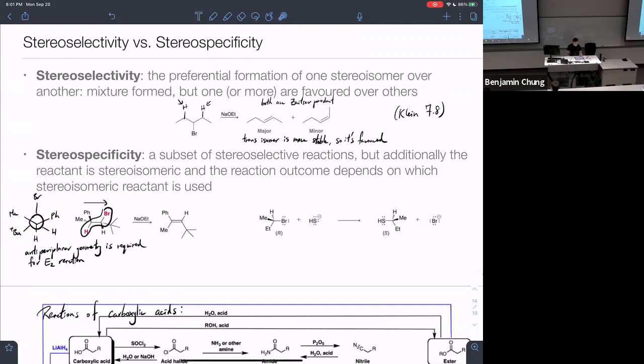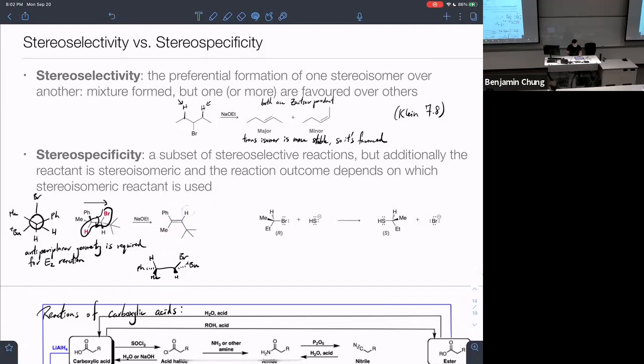The only isomer that can be formed is this one, because if you rotate this bond here and you put the hydrogen and the bromine now on the same side of the molecule, so this is essentially the conformation that is required in order to generate the opposite stereoisomer here, where your tert-butyl